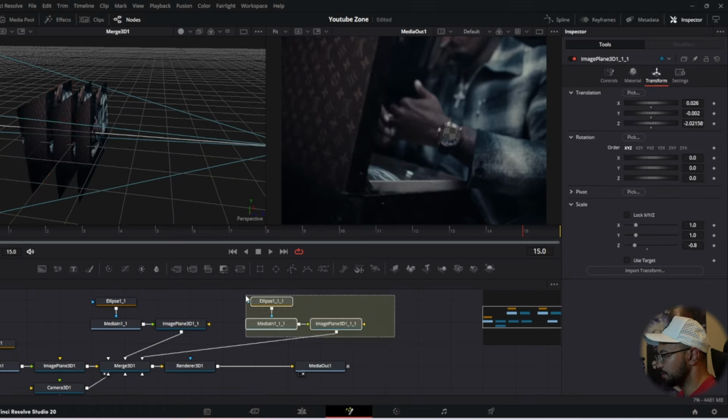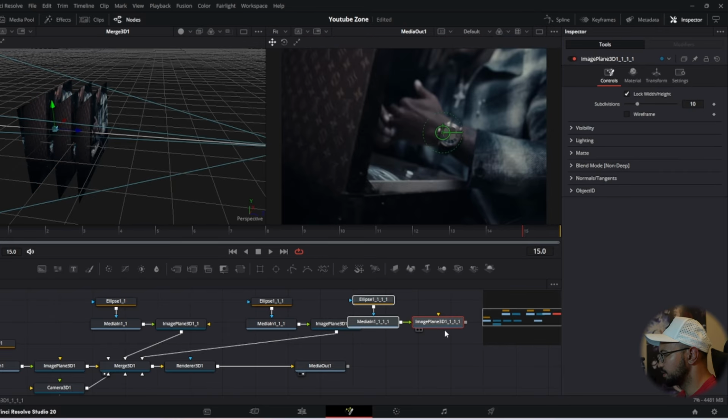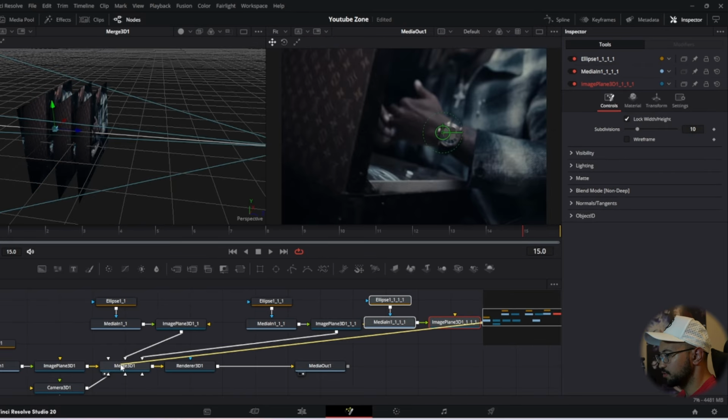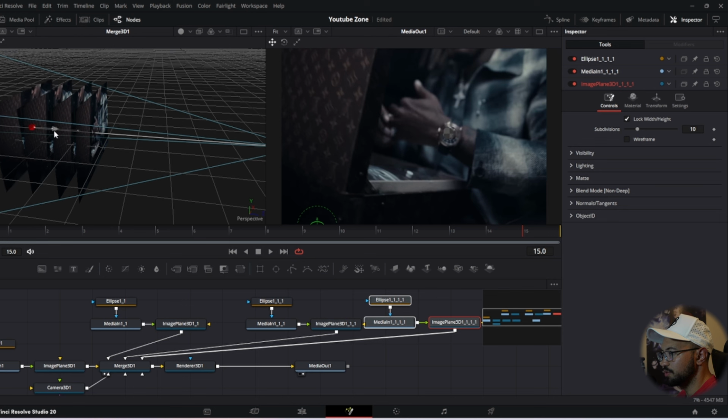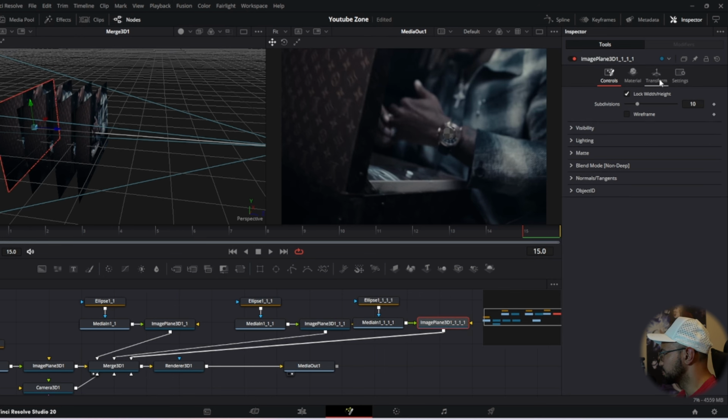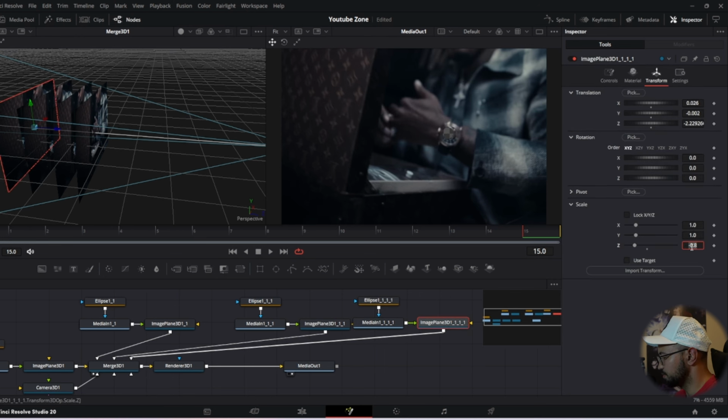We're going to go ahead, copy it once more. Control C, Control V. Let's go ahead, connect that again to the merge 3D. Press on the blue arrow, push it back. Select just the image plane, transform. On the Z, put -0.7. Then we're going to mess with the X and line it up. Just like that. And as you guys can see, the more layers we make, the more it's going to look